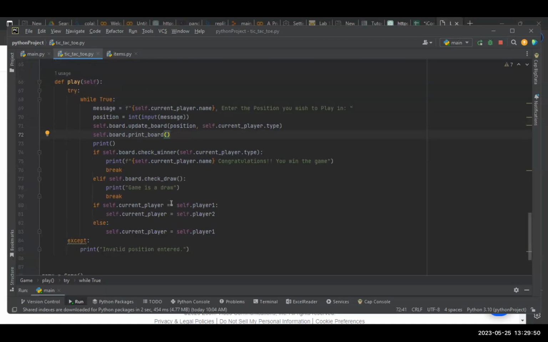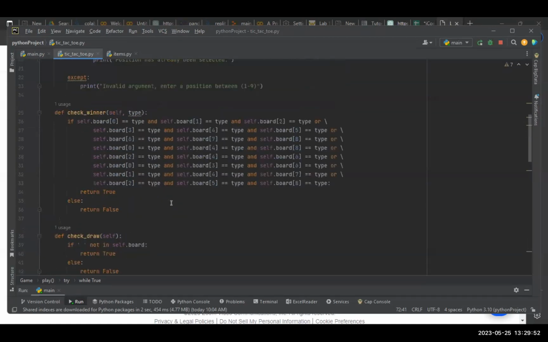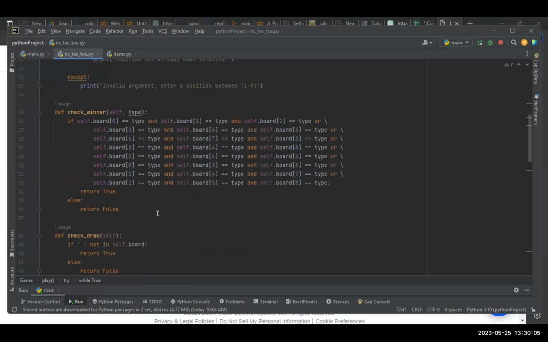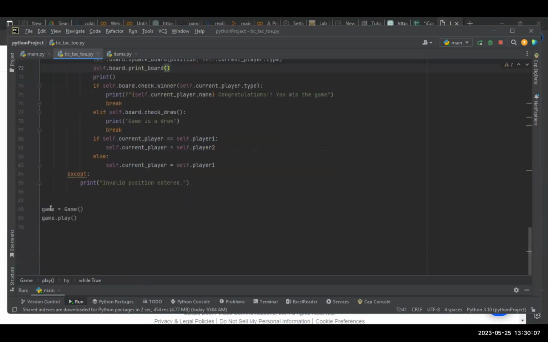And I also did something in the board class to check if the position has already been selected, and if it has already been selected, it prints position has already been selected. So if I run the game, I call the game class, and then I call the play function. And then if I run the game,